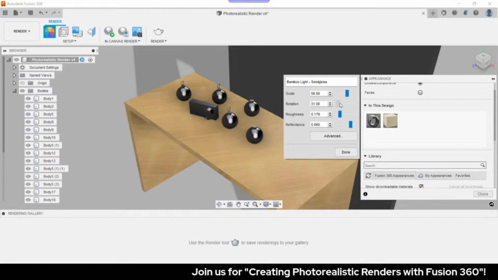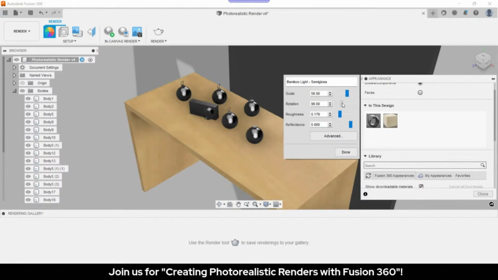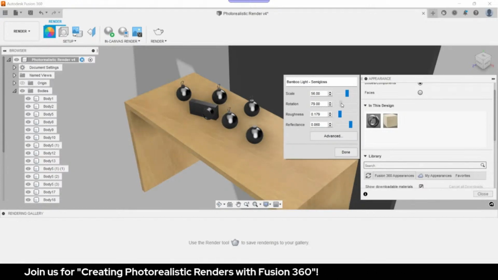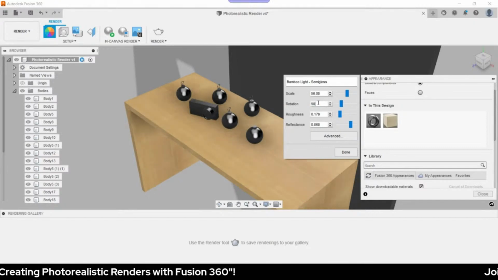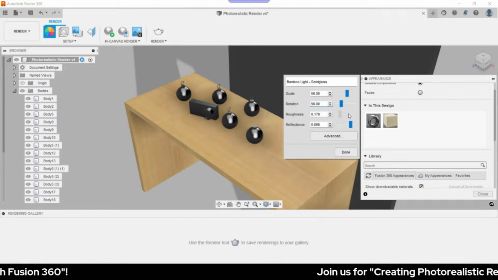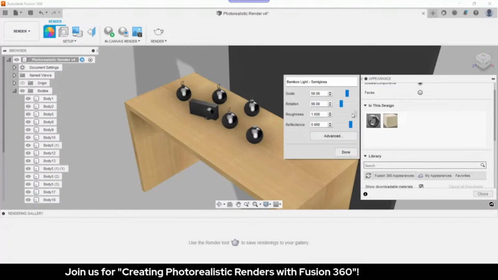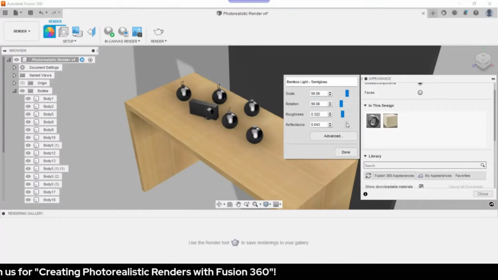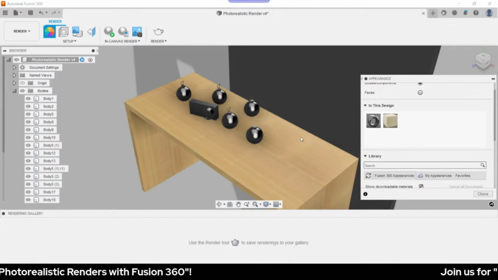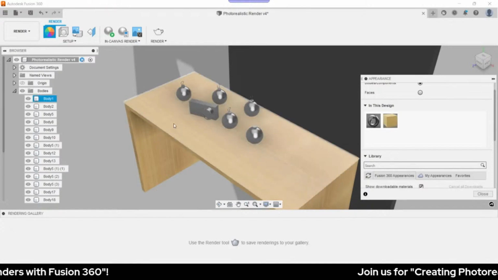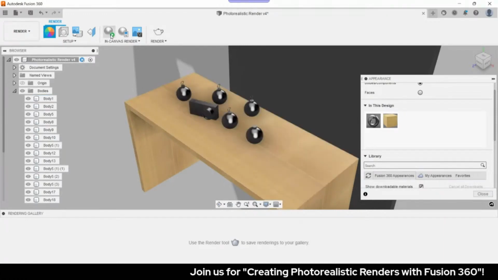I want this to be horizontal, so let's do that. Let's key in 90. The roughness, we can adjust the roughness. And the reflectance. Let's select done. And over here in Canvas Render, when we play this,